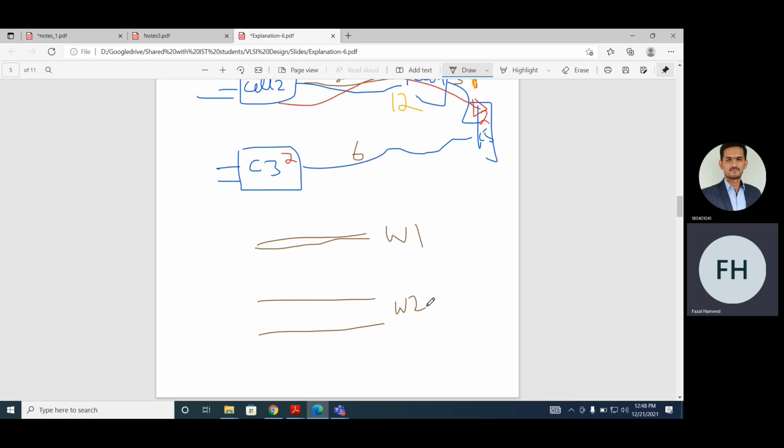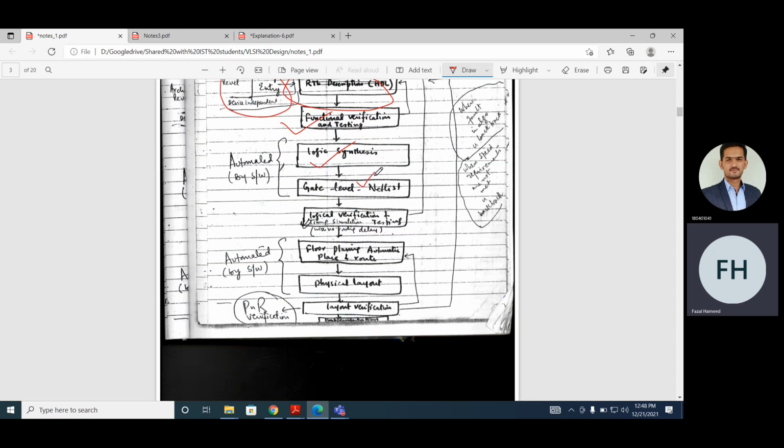So now looking back into the previous cycle, once we have a gate level netlist, now we have the gate level delay. Then we have the logic verification, timing and testing. Logical verification, timing and testing only considers the delay of the components, the gates themselves. Then we do the floor planning. What is floor planning?